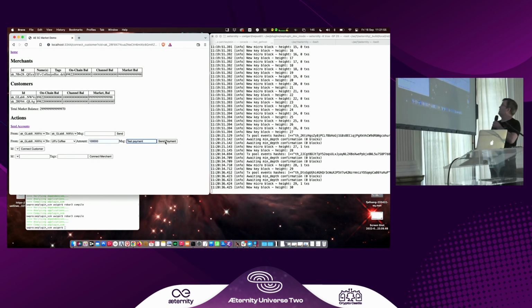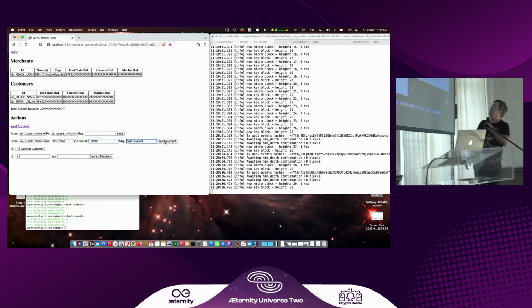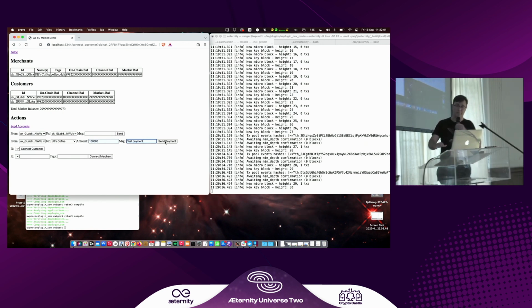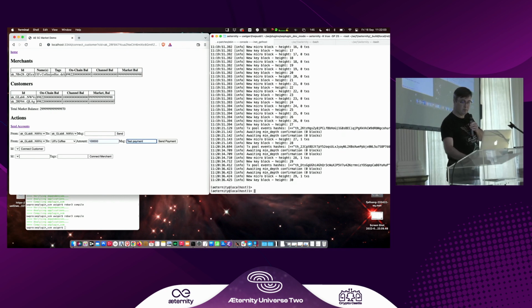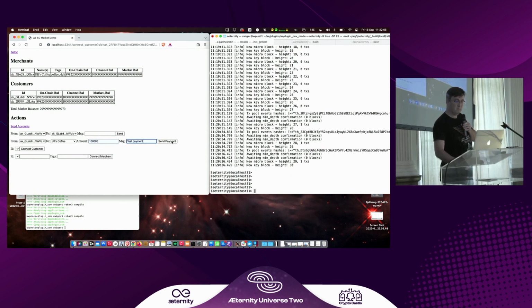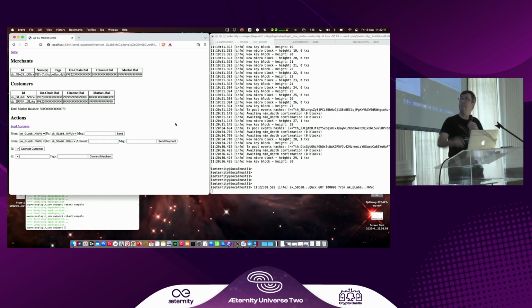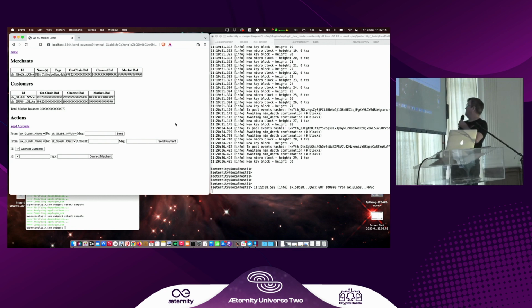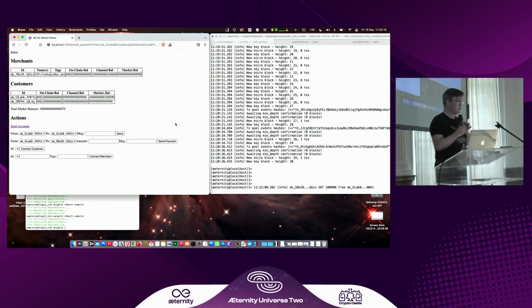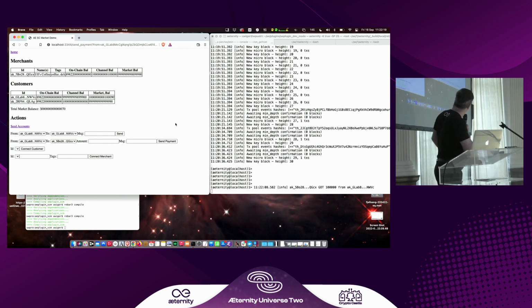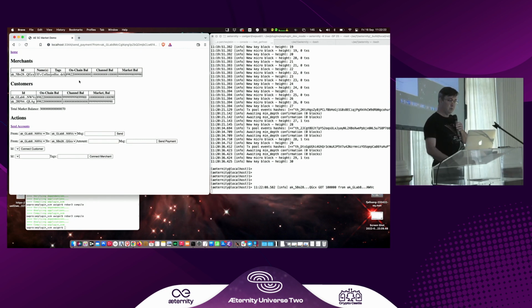The UI should be dynamic if I had any expertise in UI programming, but I did instrument the logging so that when I send a payment, immediately that came from the coffee shop where it received the funds. And the on-chain balances didn't change, but the channel balances did, and the total balance as well.